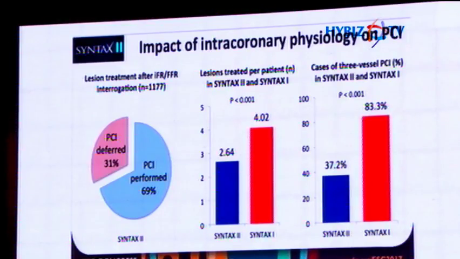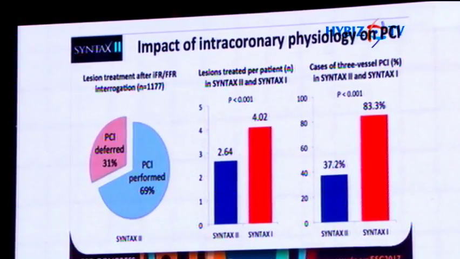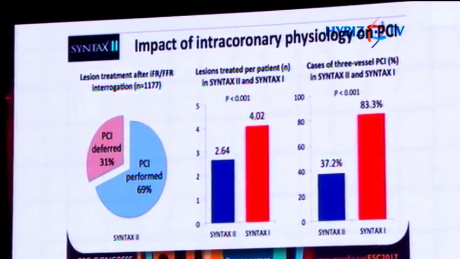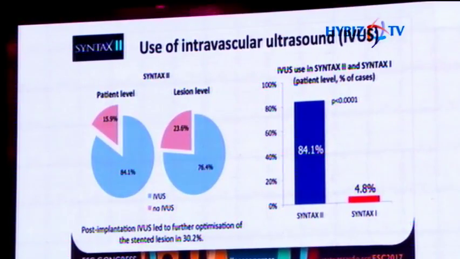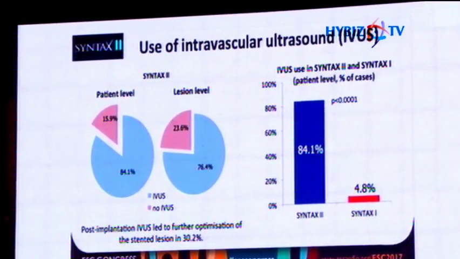When you look at the number of patients in the Syntax 1 who underwent 3-vessel PCI treatment versus the number of patients who underwent 3-vessel PCI treatment in the Syntax 2, when physiology was added to the equation, it was significantly less. We know that the fewer stents we put in, the fewer vessels we treat, the fewer complications, and the better the outcome. 85% of patients in the Syntax 2 trial had intravascular ultrasound examination for optimization of the stent